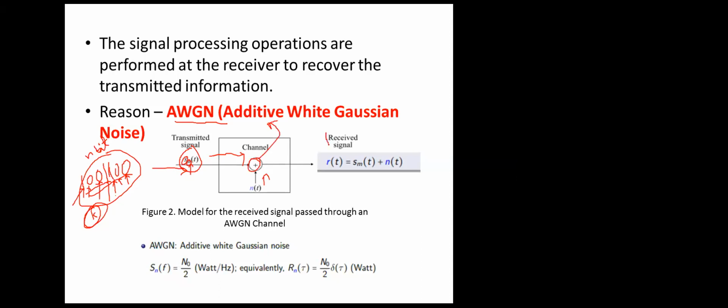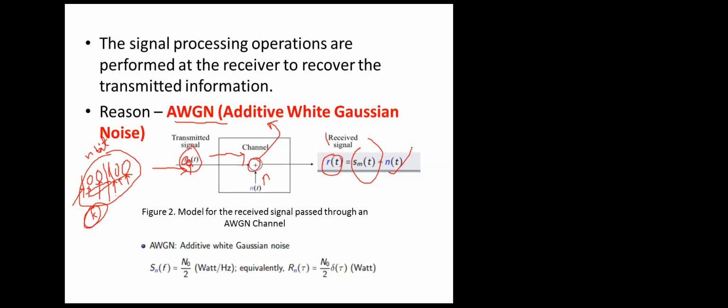At the receiver end, let the signal received at the receiver be designated as r(t). As I told, the noise will be added to the transmitted signal. We write it as s_m(t) plus n(t), where s_m(t) is the transmitted signal and n(t) is the